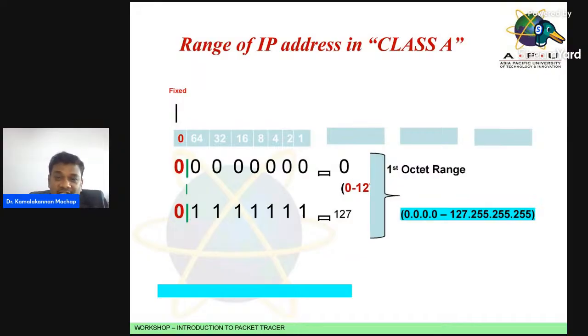So 64 plus 32, 96. 96 plus 16, 112. 112 plus 8, 120. 120 plus 4, 124. 124 plus 2, 126. 126 plus 1, 127. So we got that 127. So the range of IP address for the class A is 0 to 127, but we should not say 0 to 127. We must tell the full IP address range